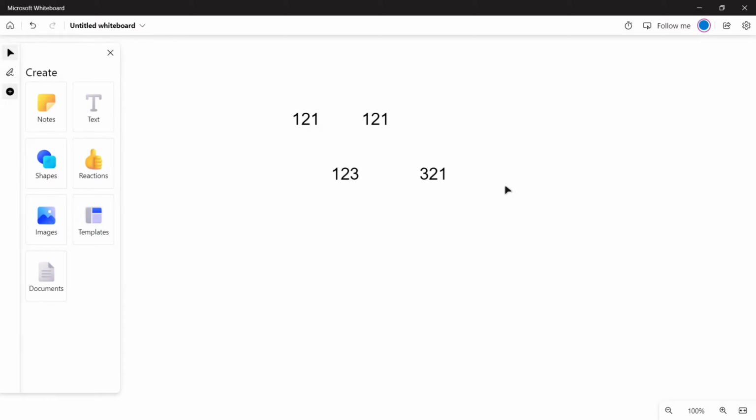So let's discuss the approach to solve this problem. The approach is extraction of digit. Extraction of digit is basically we trim down the number again and again until we get 0.